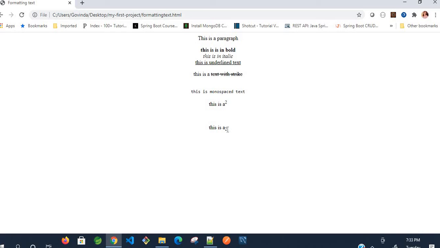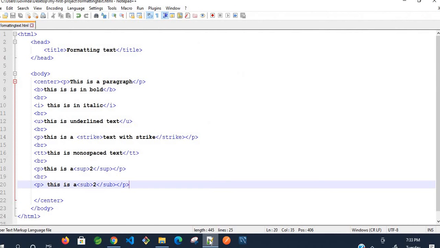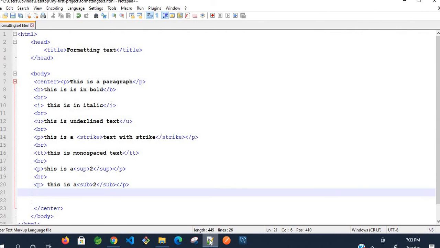Okay, next, insert. When we are going to insert a text in the same line or deleted places, then we use INS, that is nothing but insert. Okay, break the line.